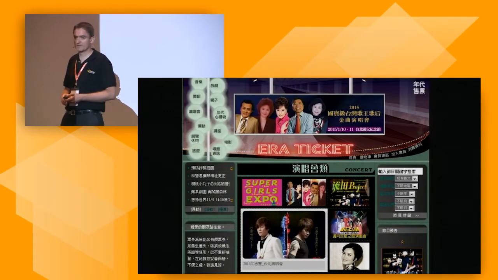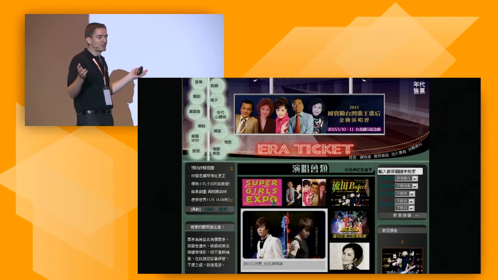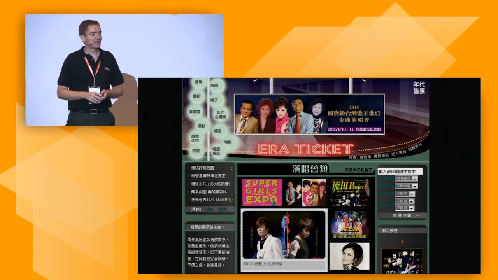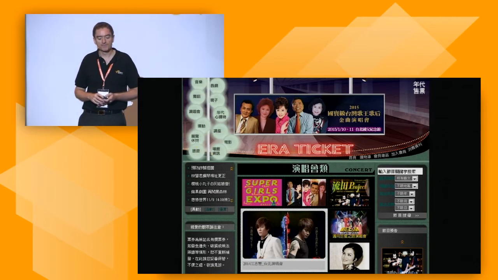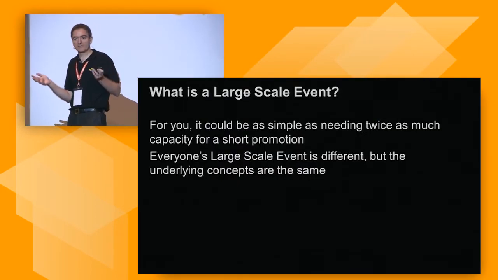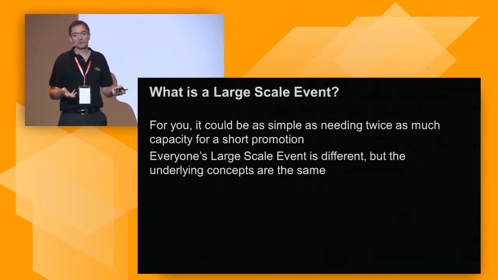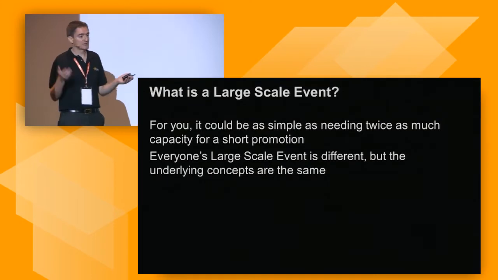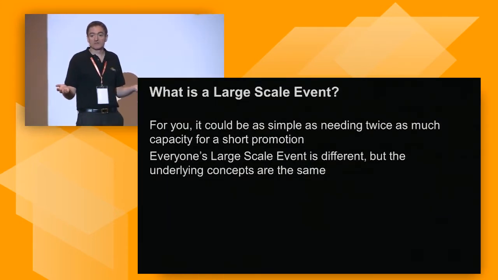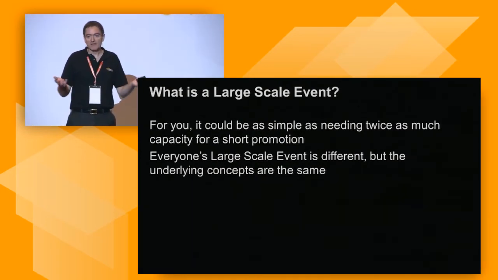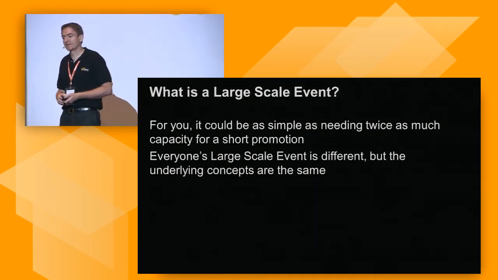Ticketing. In this case, we've got maybe the Chinese pop star, Canto pop star, who knows, who wants to come around, is very popular, and everybody wants to get the tickets for that. So again, similar to the phone launch, you've got a window where everyone's going to come in and try and get these tickets, reserve them for the concert. But for you, it could be simply just needing a bit more capacity, maybe double capacity for a particular event that you're doing. It could be an e-commerce promotion, could be a ticketing thing, or maybe it's just month-end processing, right, or quarter-end. So everyone's event, for large-scale events, is different, but the fundamentals of what we're going to go